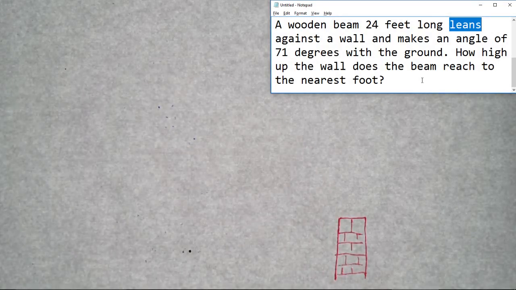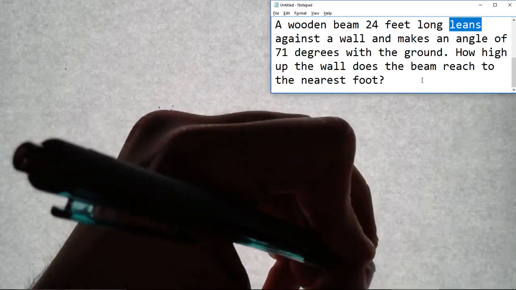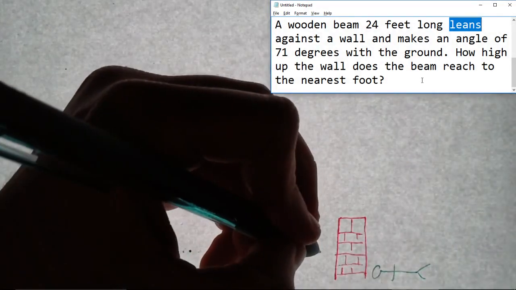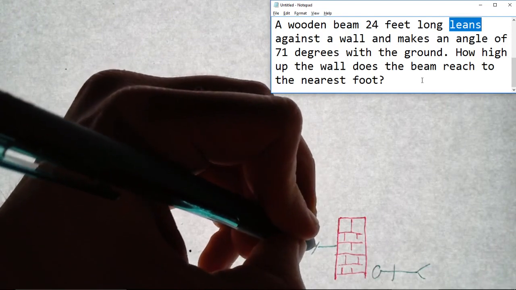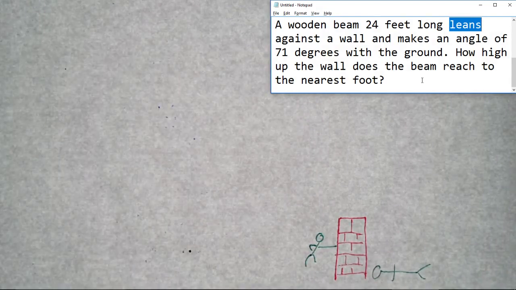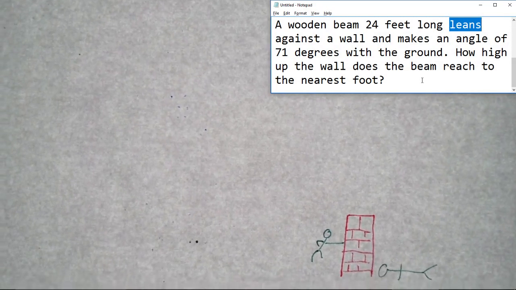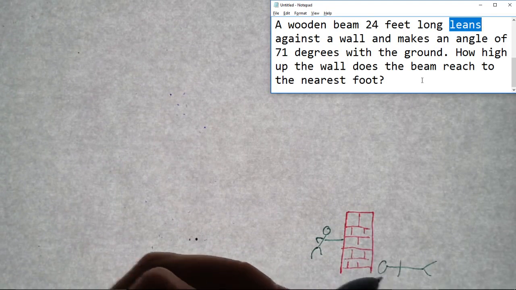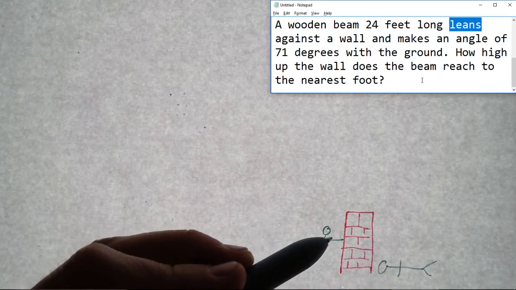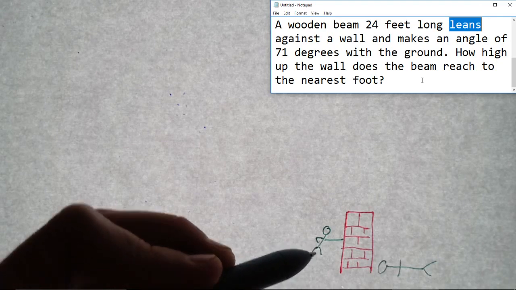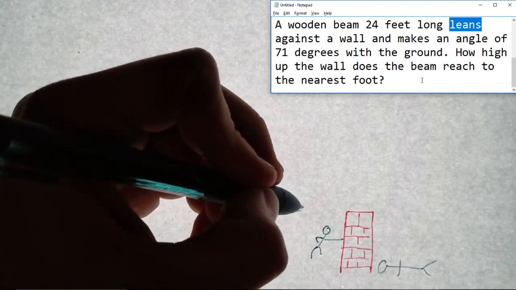Okay. So, which one of these two people do you think is leaning against the wall? This person's just lying down next to it. To lean against something means you're putting your weight against it and kind of not holding yourself up just by your feet. So this person is leaning